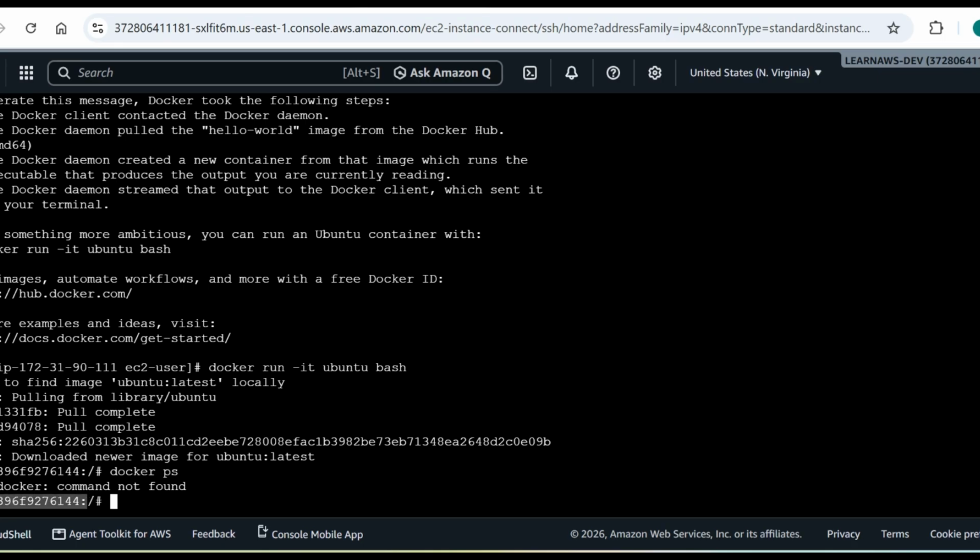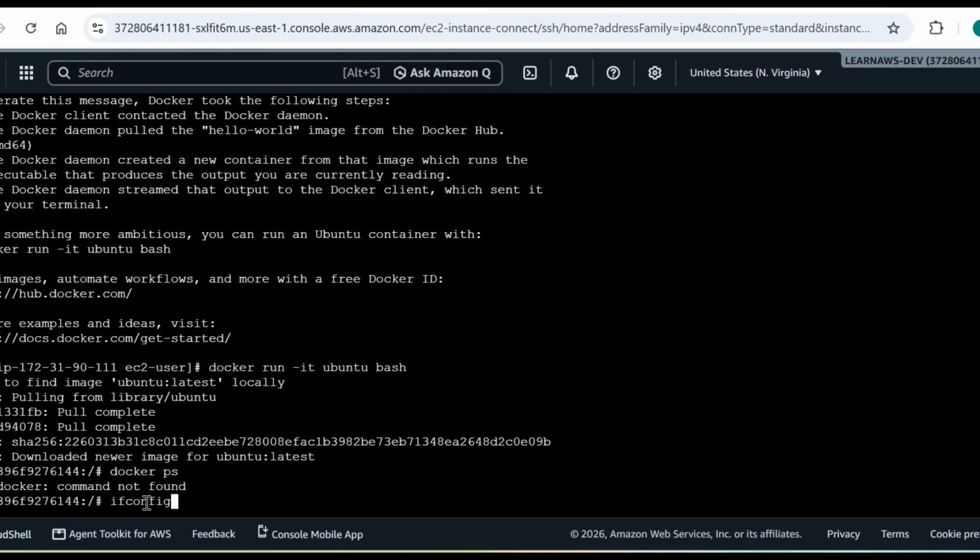How is it different from the earlier prompt? You can just check, the prompt was different here, right? See, earlier I was in the local EC2 instance, connected to the system with this IP address. What has happened here is it installed the Ubuntu container as well as opened a bash terminal within that container. You can see that currently I am in the